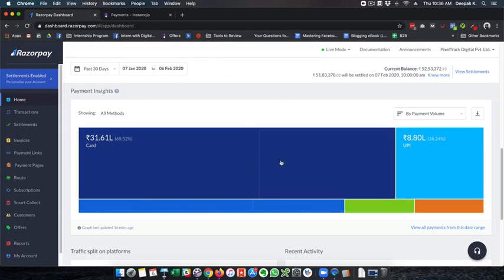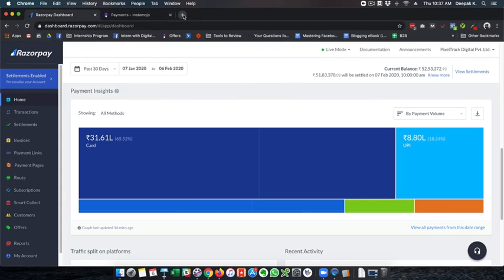And this is definitely some analytical data that can be helpful, because I also activated cardless EMI via Zest Money, which I will talk a little bit about. You can see that we have got like 2.78% of payments via Zest Money. And this is also something that InstaMojo lacks.